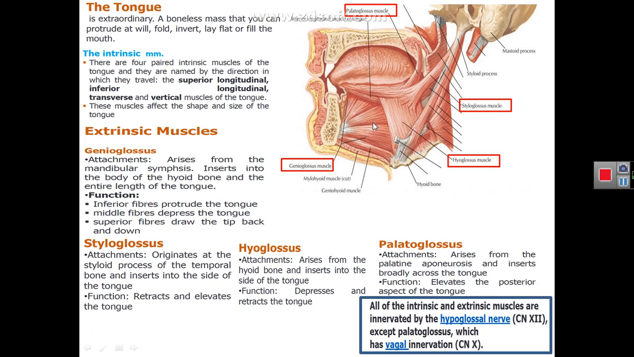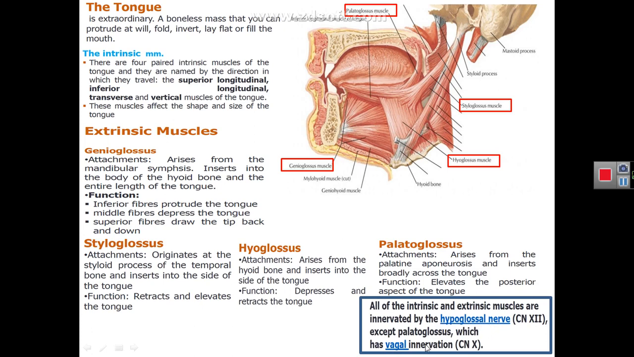Regarding the function of the genioglossus, it is a very big muscle, so in order to describe its function, we must describe the function of the superior fibers, middle fibers, and inferior fibers. The superior fibers pull the anterior part of the tongue downward, the middle fibers depress the tongue, and the posterior fibers protrude the tongue. All extrinsic and intrinsic muscles of the tongue are supplied by the hypoglossal nerve, which is